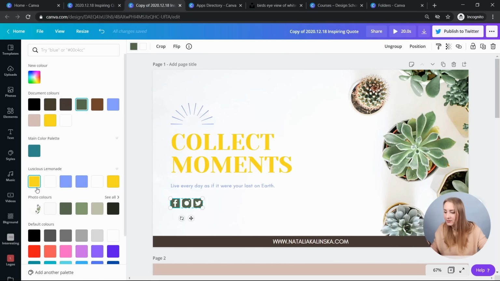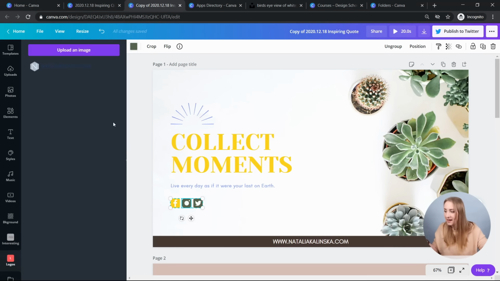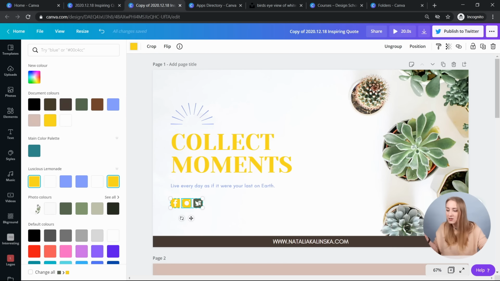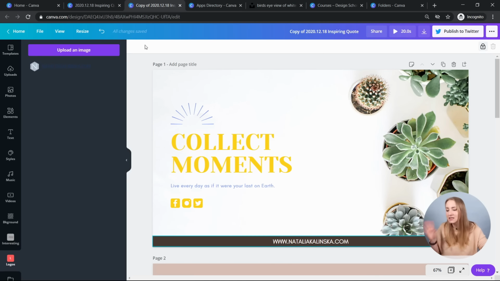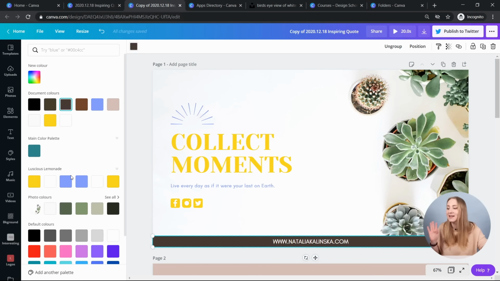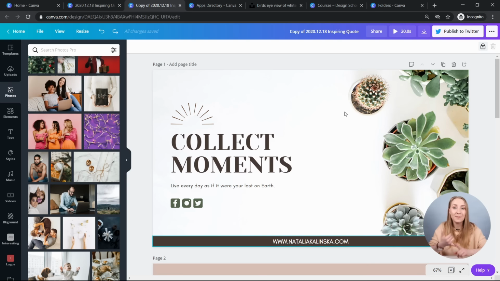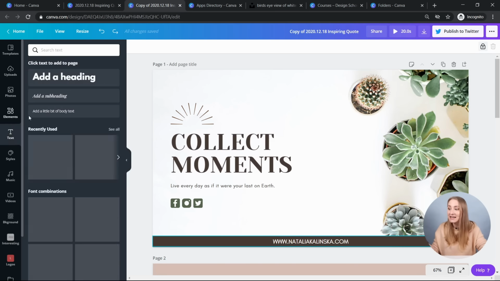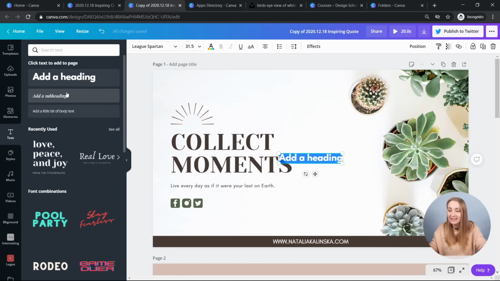You've got all the stuff that you had saved. It's all there, and you can just click on it. Obviously, it's far from working on that design, right? It's just an example palette that I've just added. So you can just change the palettes, you can add the logos, you've got your brand kit. Same for adding text. See, you've got your heading, you've got the subheading, everything's pre-formatted for you.